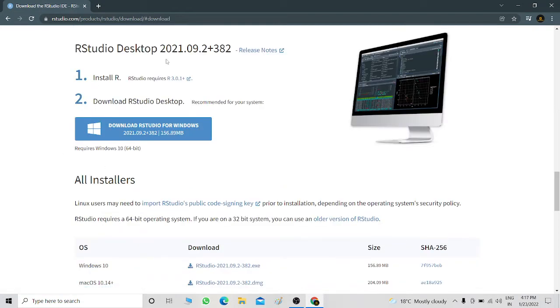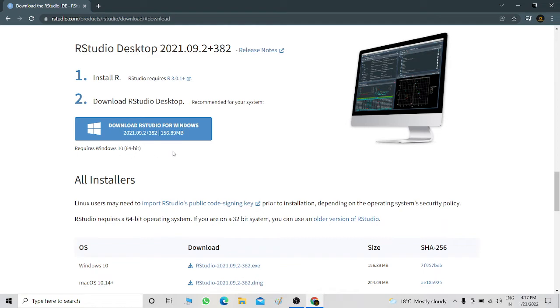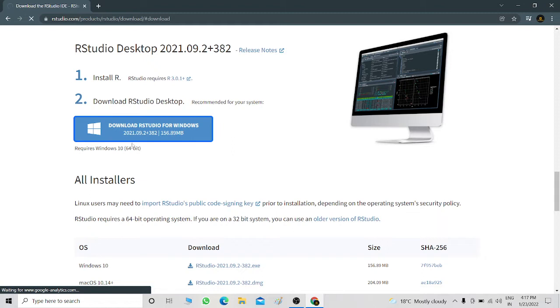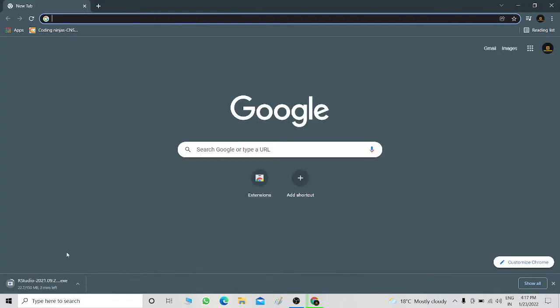and here RStudio Desktop. Download RStudio for Windows, because my operating system is Windows. So I am clicking on the Windows, and it's going to download. It's going to download, and for R software, I am going to